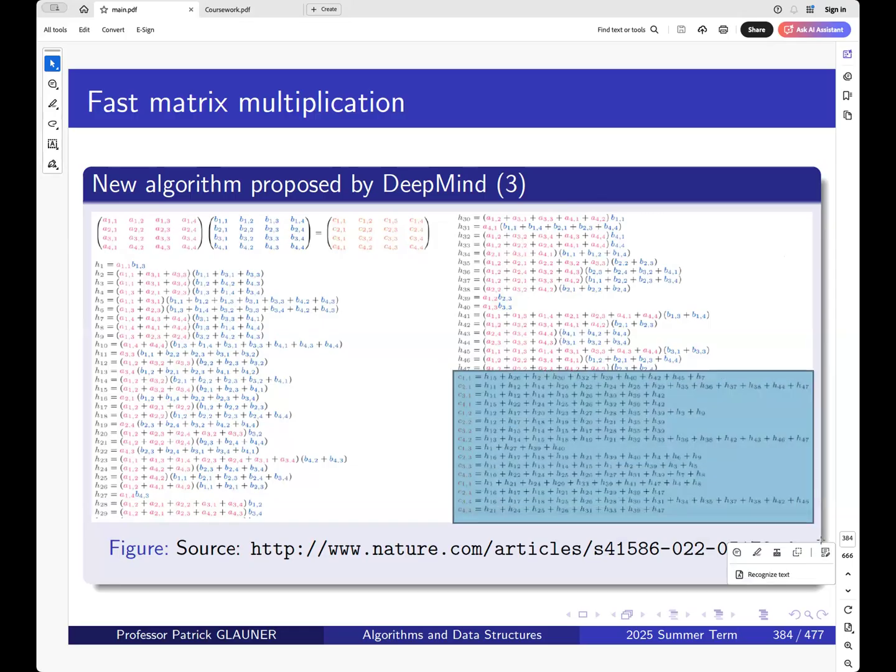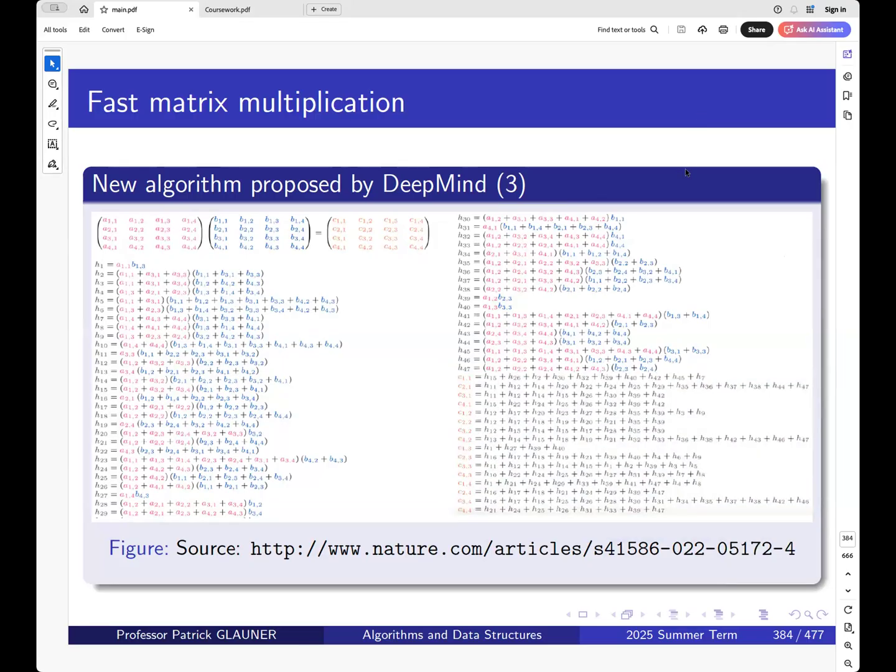But these ones here were not found by humans, but actually by an AI, and it was an extension of the AI that beat the best human Go players. So this is something I found super interesting when this paper appeared 3 years ago, and then I added it here to the course. If you want to read the whole paper and see how the AI works, check the paper in Nature. How that AI works is obviously not relevant to this course or the exam,